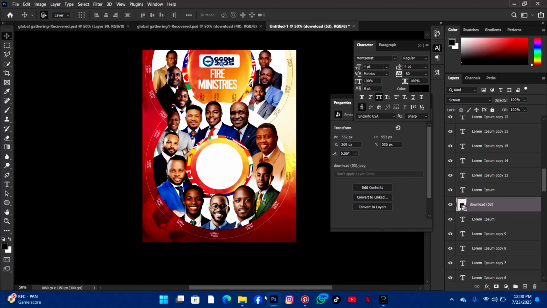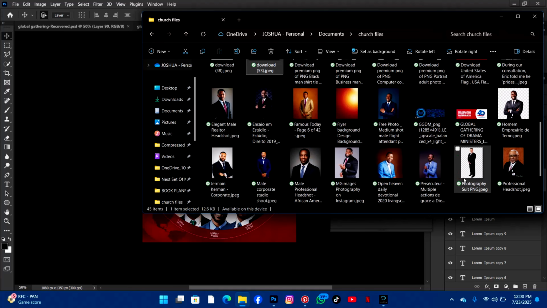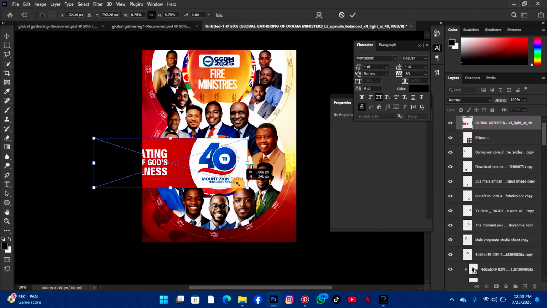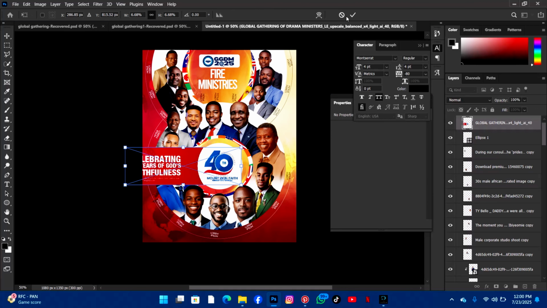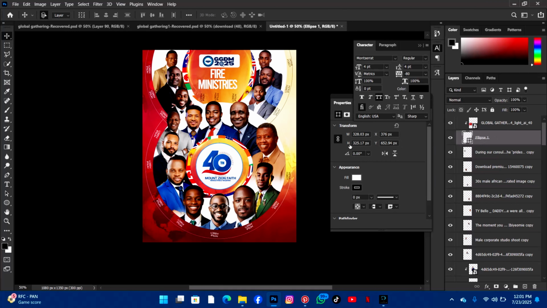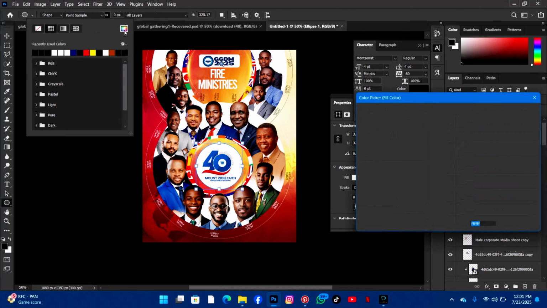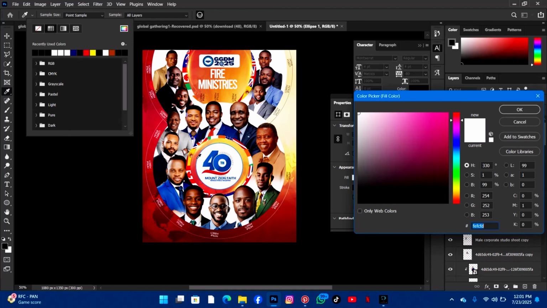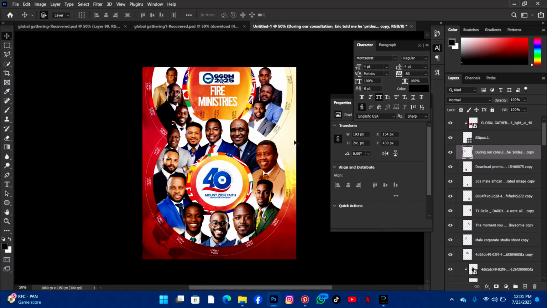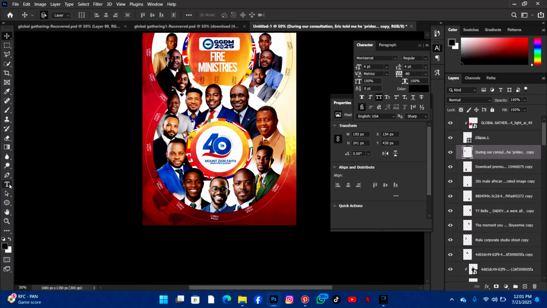So after this, let's select this ellipse tool first and bring in this. I'm just going to clip it inside this circle. So you create clipping marks, and the circle, you have to change the white of the circle. So you change it to this one, so to be the same color. You change it, and here we have it. So now we've achieved this. Now the next thing to do is to